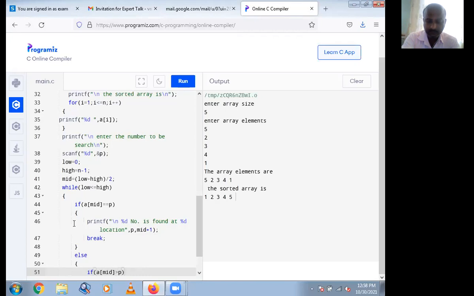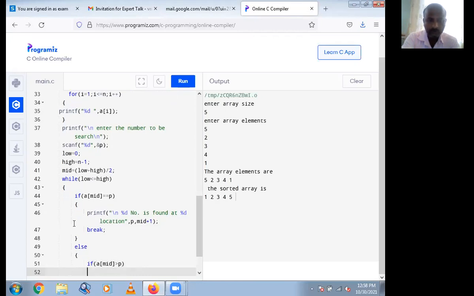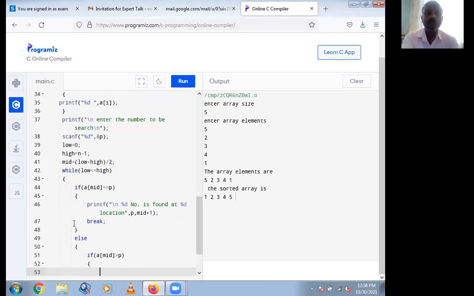If this statement is true, then you have to change high. High is equal to mid minus 1.